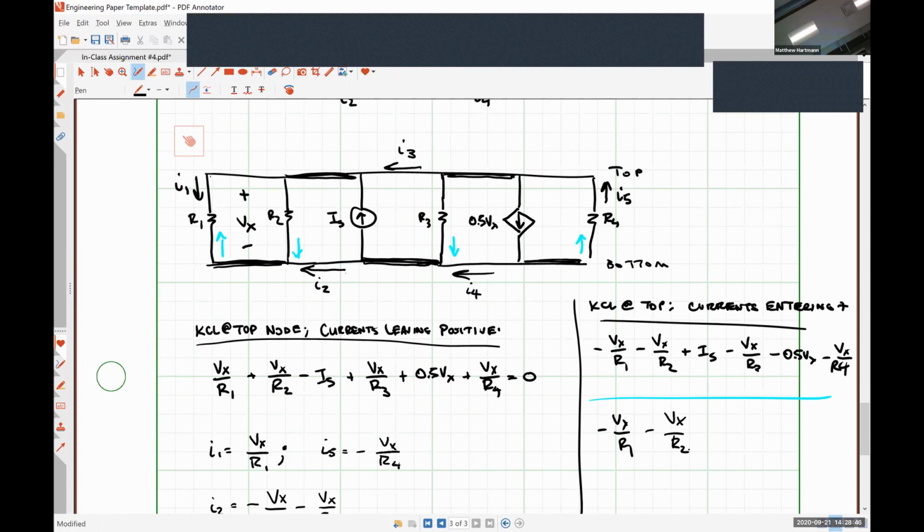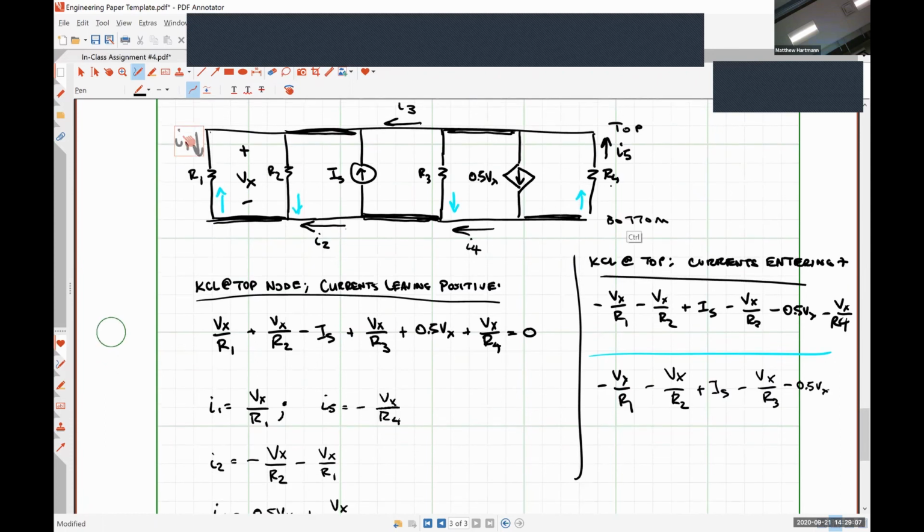Current Is is entering, so it's positive. The current flowing down through resistor R3 in terms of Vx is Vx over R3, but because it's exiting, we would assign it a negative, so it's negative Vx over R3. Then we're going to have minus 0.5 Vx, and lastly, negative Vx over R4,